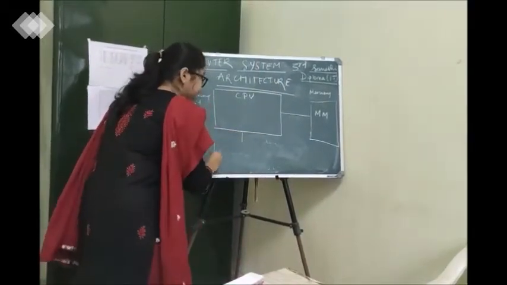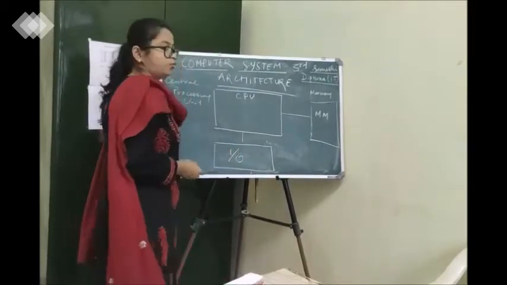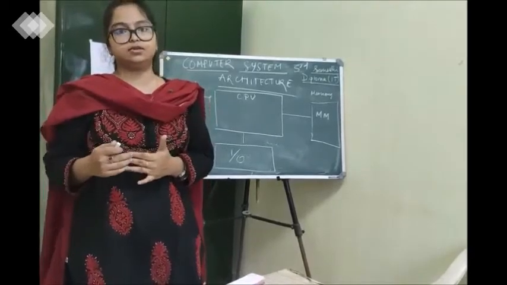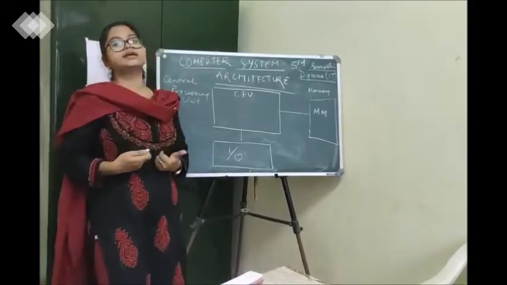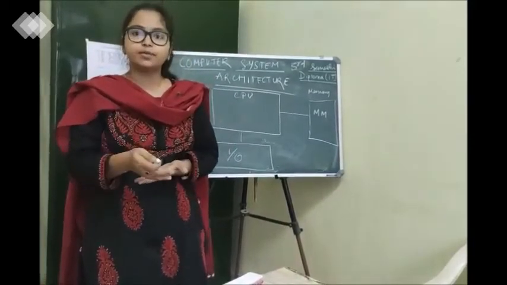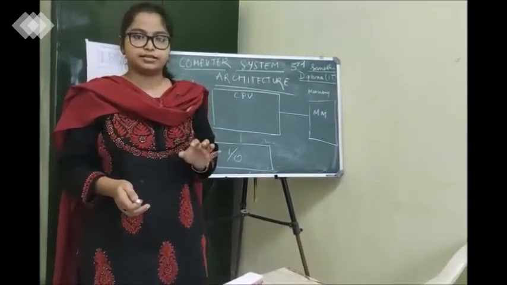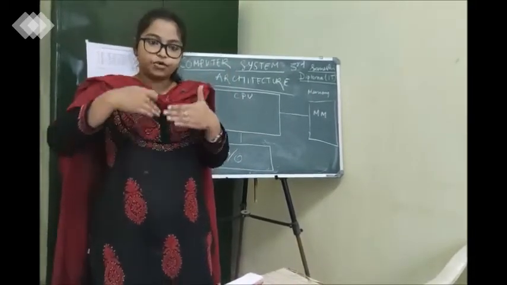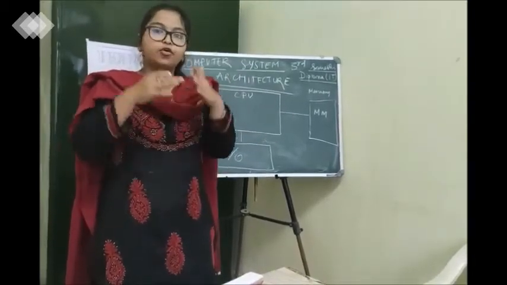Now we have other things called I/O. I/O stands for input-output devices. So what are input devices? Devices through which we can take input. The examples are, suppose, mouse. Through mouse you can give some input in a GUI, right? You can click and open some folders. You can do various things. These are called input. Without clicking, the computer cannot respond. So you are giving some input and the computer responds by opening the folder.